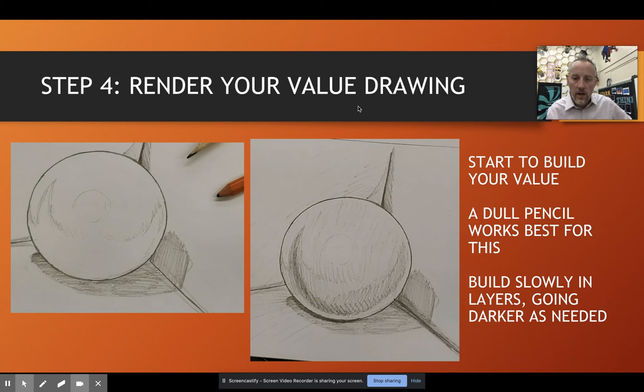You're going to start to build your value. A dull pencil really works best for this. Again, I can't say enough that, if you're going to use a mechanical pencil,